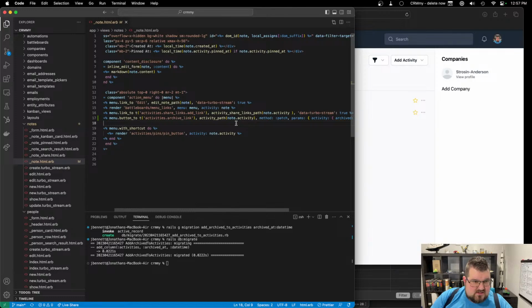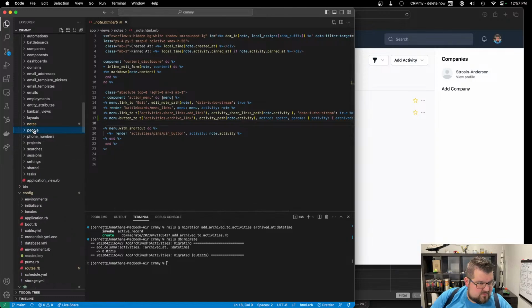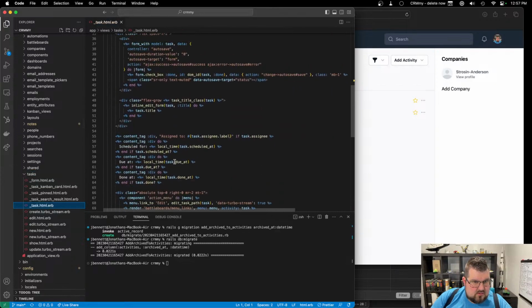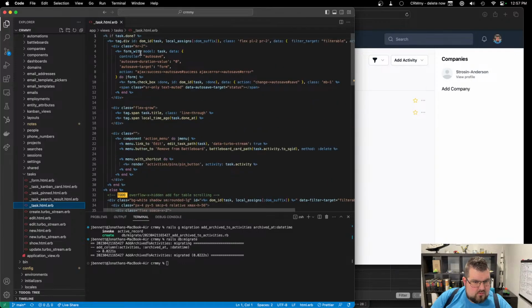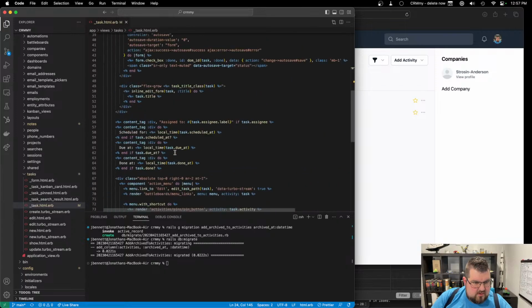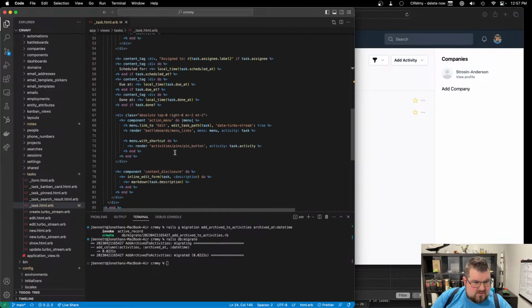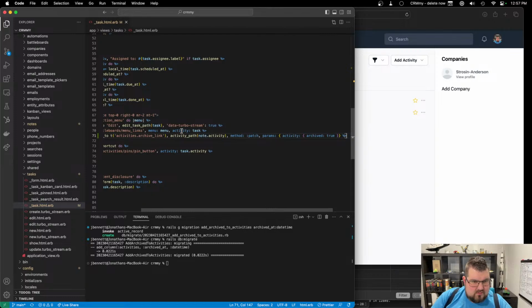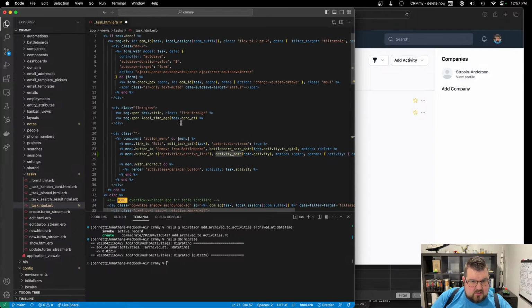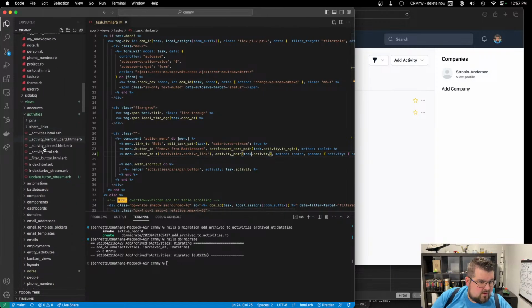So I can grab this exact same thing. So we have our notes. We've got our task, where it's there, and this is in 2 places, which kind of isn't great. Task.activity. And if I go here, task.activity, and if I go to the